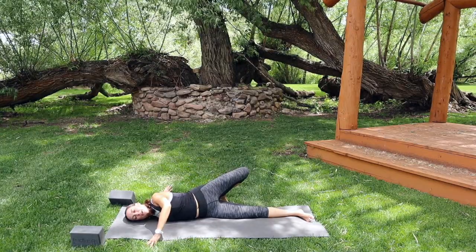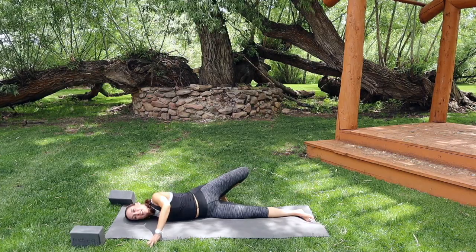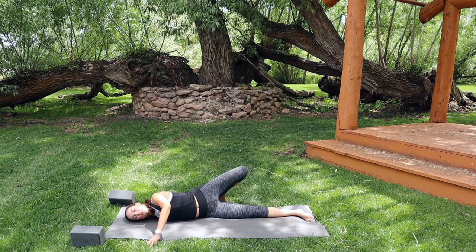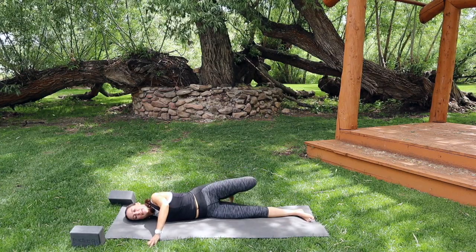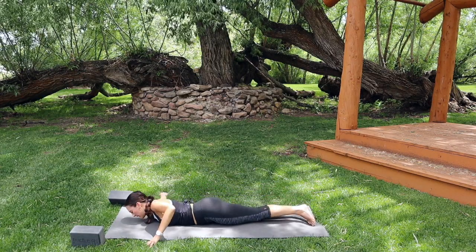If this is too intense, move the hand down a little bit. So if the hand's at 3 o'clock now, you can move it to 4 o'clock or 5 o'clock, moving it closer to the body. Take one more cycle of breath in and out. First, pick up the top foot and stack the legs once again, and then roll onto the belly